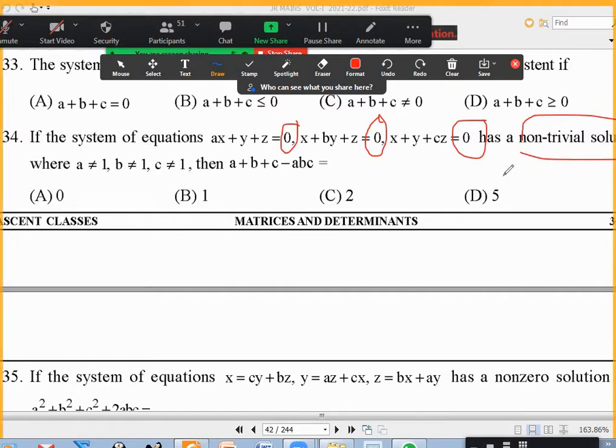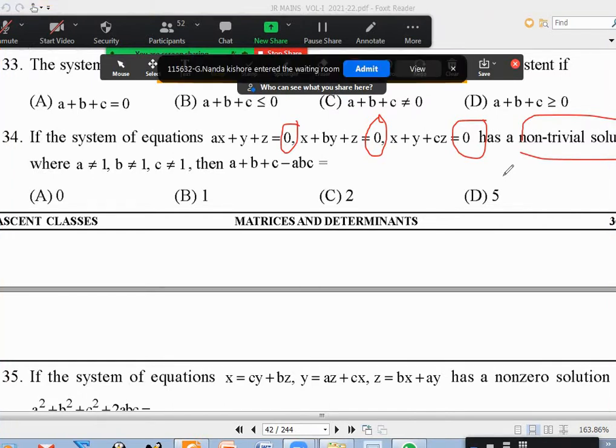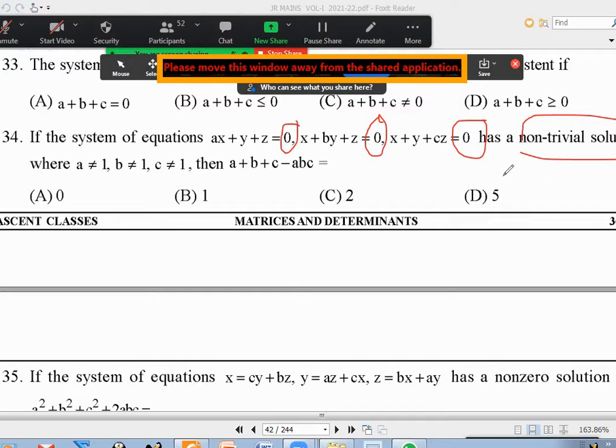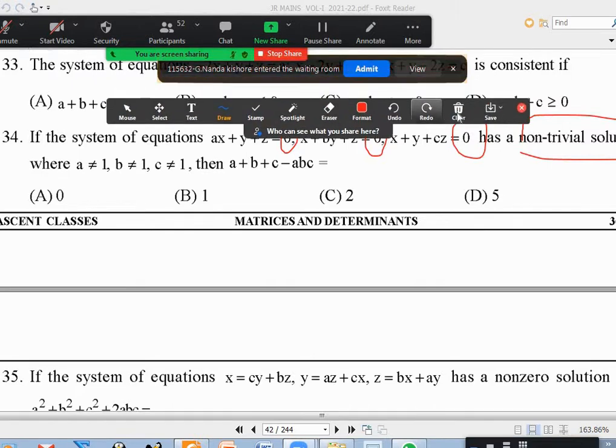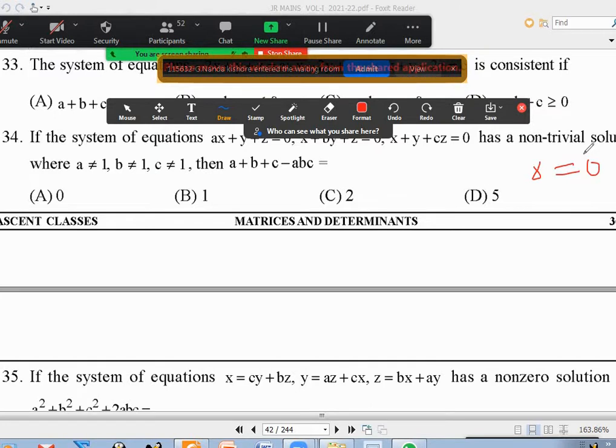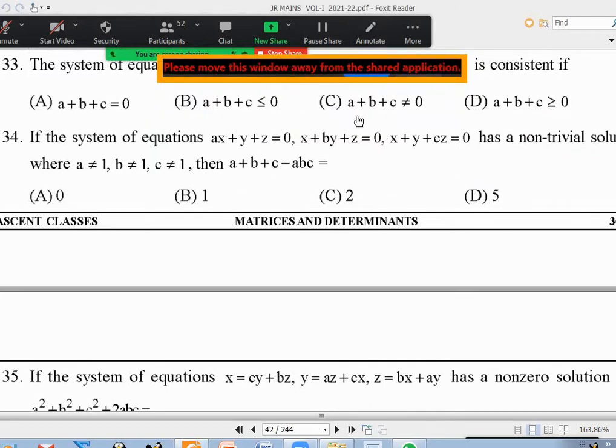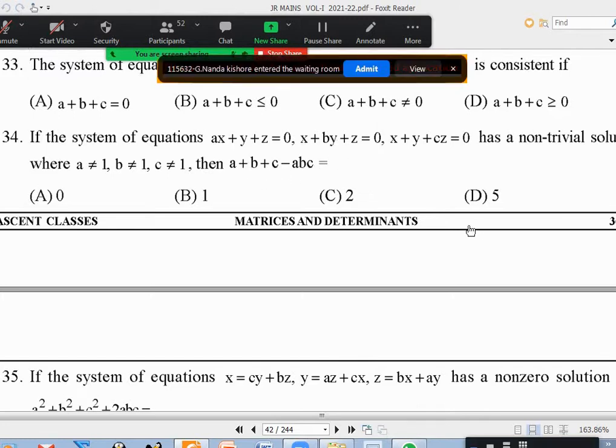You'll be quite surprised that similar questions are given in past year mains so many times. I sent you one PDF containing past year mains questions, right? Yes, sir. Look at the last 10-15 questions, all are the same. Non-trivial solution, non-trivial solution, non-trivial solution. Like that you will find questions. What you have to do is simply one thing, delta equal to 0. Because only when delta is 0, you will get a non-trivial solution. So just remember this blindly also, I don't care. Non-trivial solution means delta equal to 0. That's all. Okay, so 134, simply take the delta and expand it, determinant, you will get the answer directly.